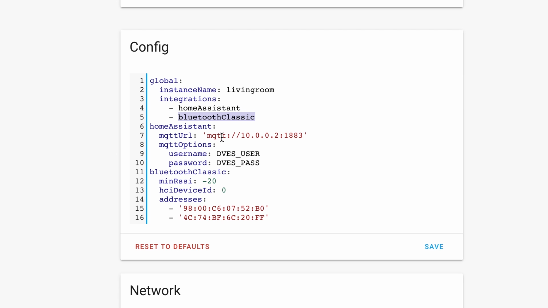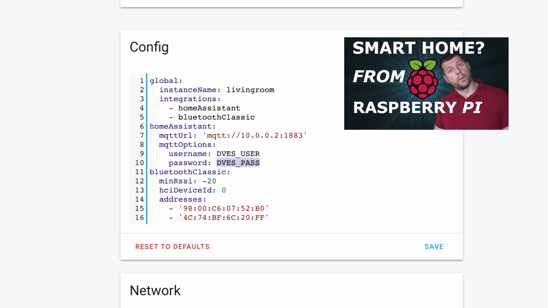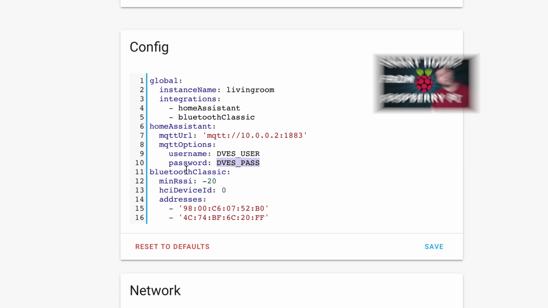You have to type your MQTT broker URL and port, as well as the username and the password of the MQTT broker. If you still don't have an MQTT broker, go check again the same video. I explained there how to add Mosquitto, which is one of the best MQTT brokers out there.